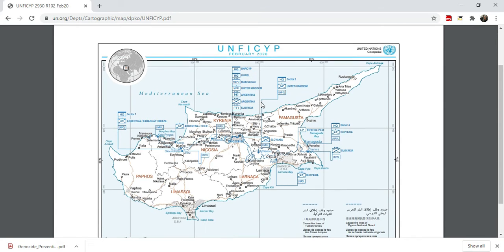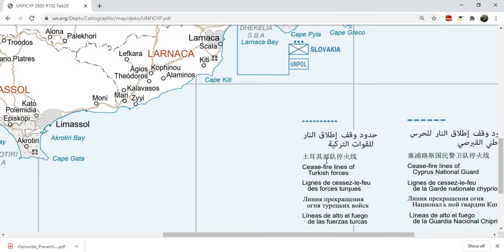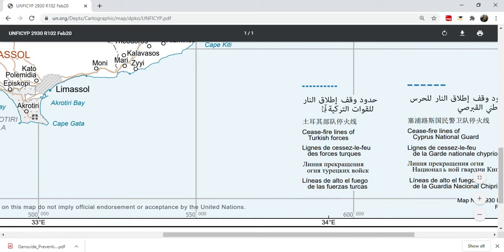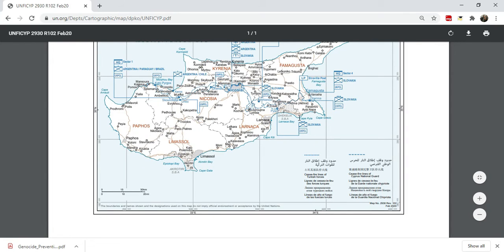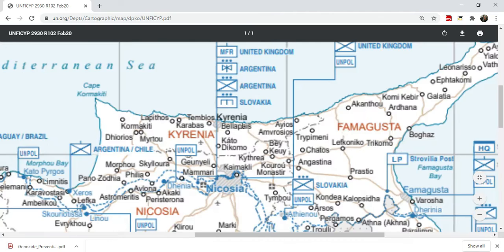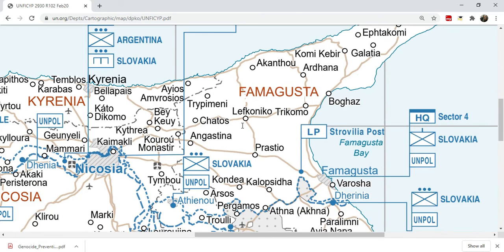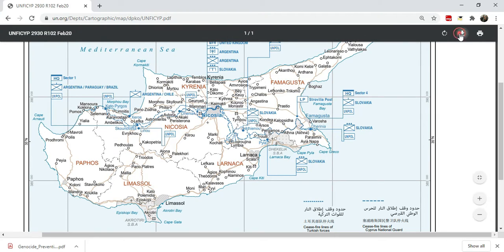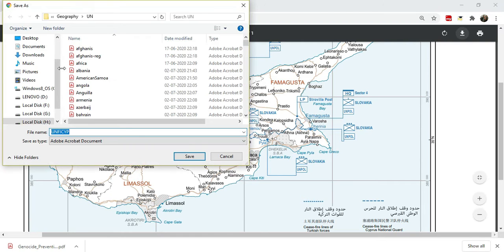Here you can see the index is given. As the United Nations has 6 official languages, you can find the index in 6 official languages. But whatever is given in the map is only in English. It is a really helpful map for you if you want to study different missions. So this is about the missions I told you. Let's discuss